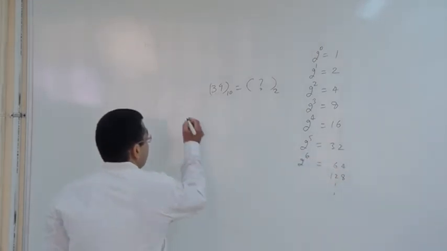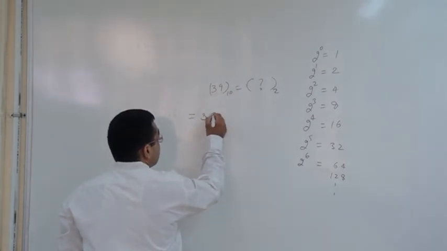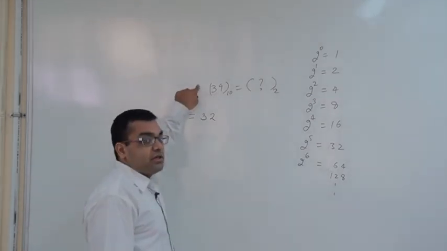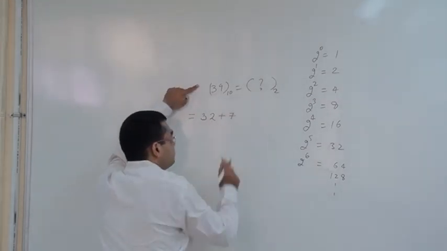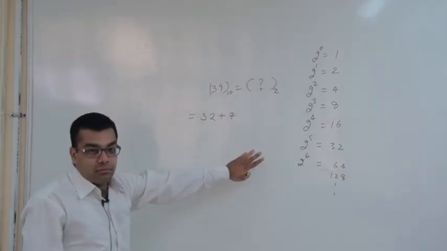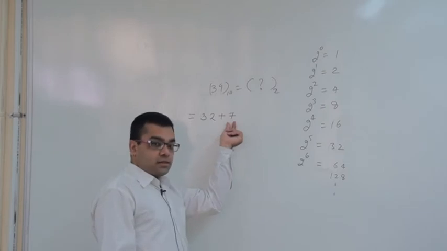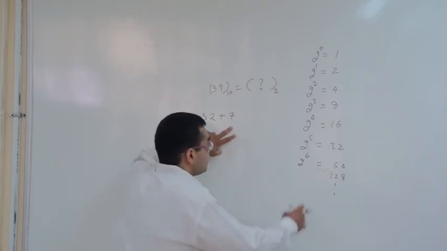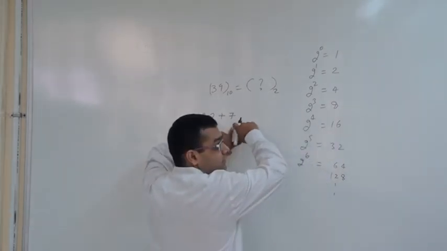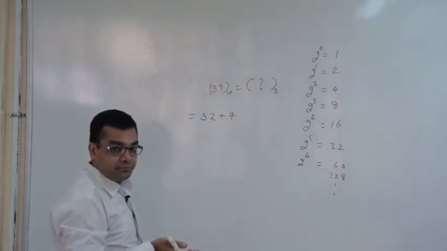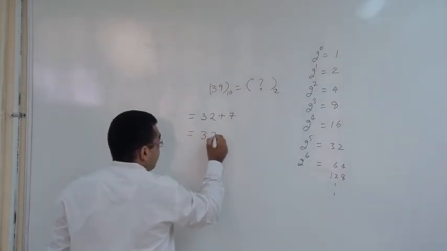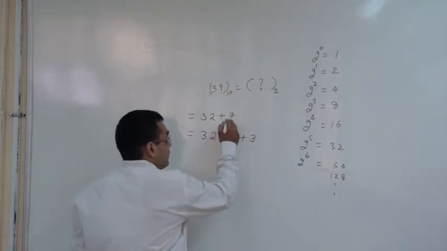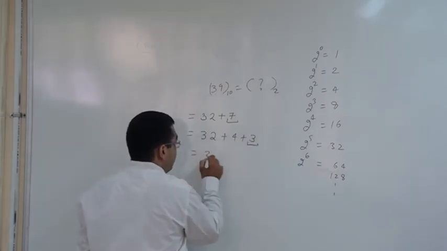So we write it as a sum of 2 to the powers. You have 32. Now subtract 32 from 39, you're left with 7. Now exactly the same approach. Again the highest power of 2 which is less than this number. So we can see 2 to the power 3, that is 8, is greater than 7, and 2 to the power 2, that is 4, is less than this number. So you write it again. Now again we have to break. So you get